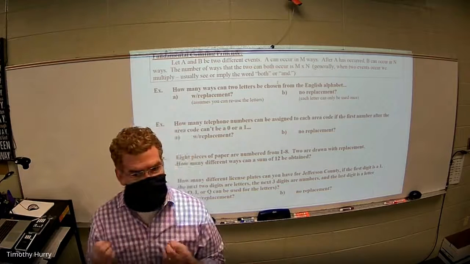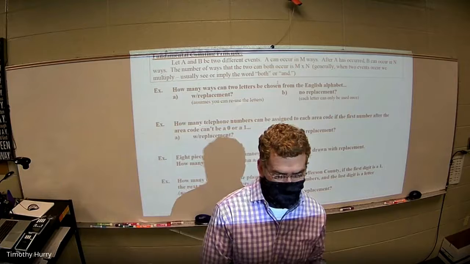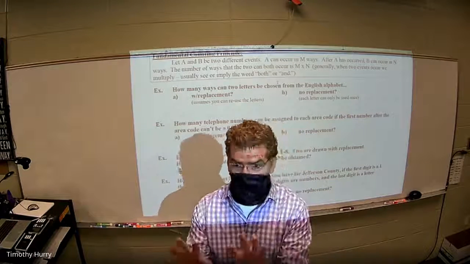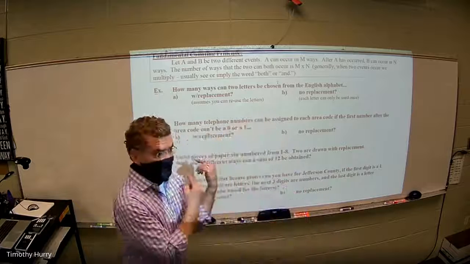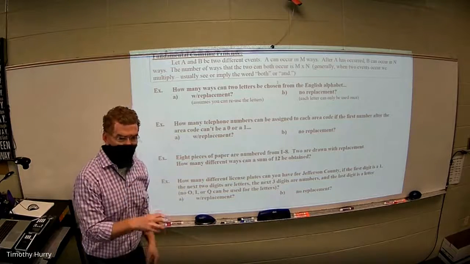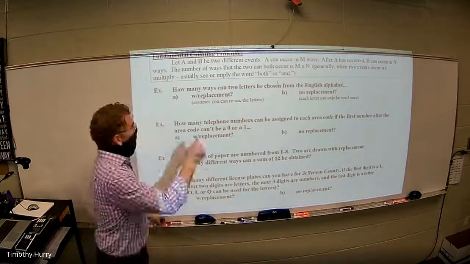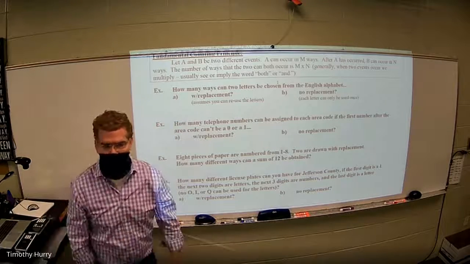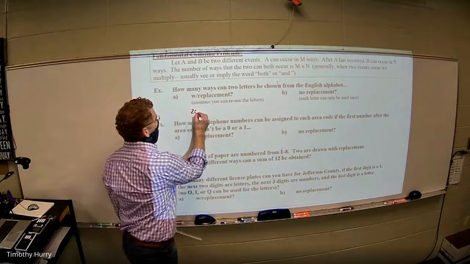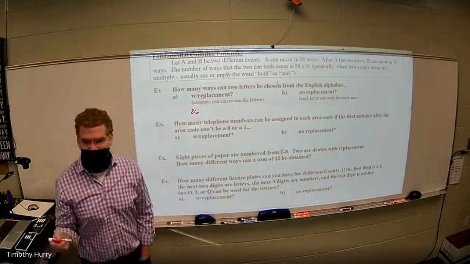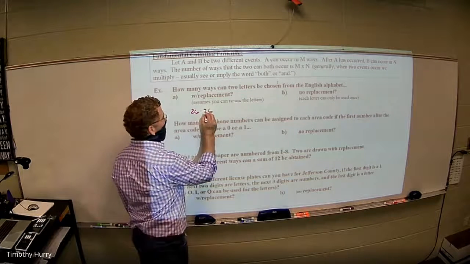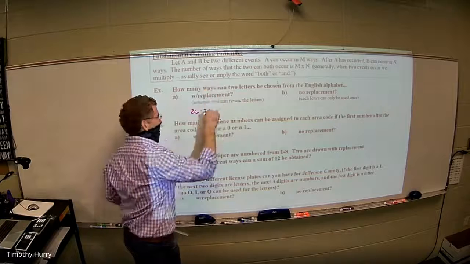Now, if it says this event or this event, you're doing one or the other. That's different from doing 2 things. I am doing 2 things here. I am picking a card and then I'm picking another card. So with replacement, how many different letters can I choose on my first choice? 26. I put it back. How many different letters can I choose on my second choice? 26. And because I'm doing both of these, I'm picking a letter and I'm picking another letter,